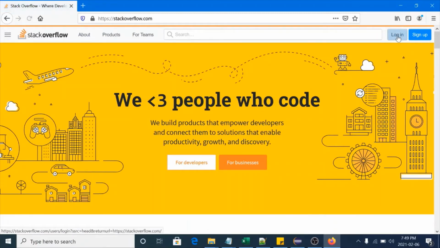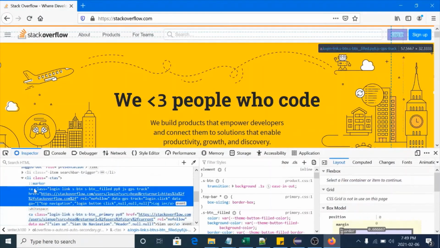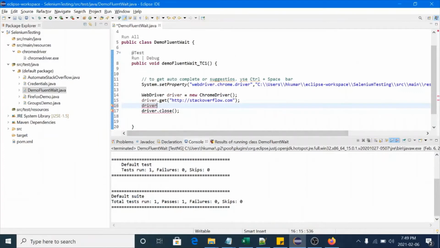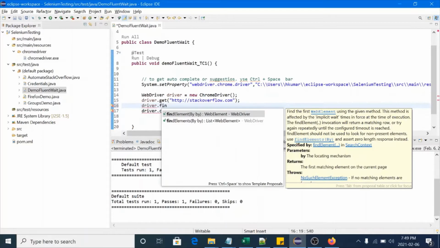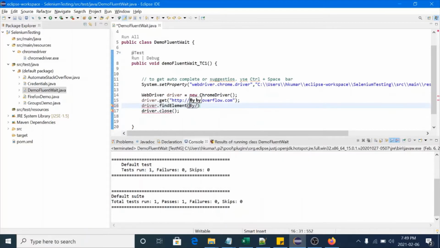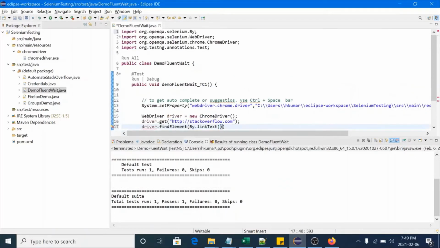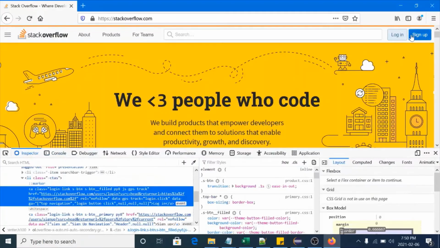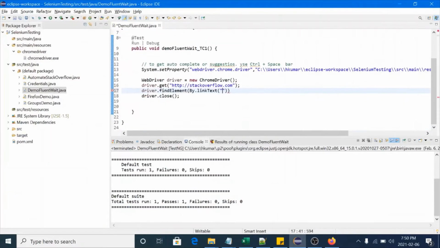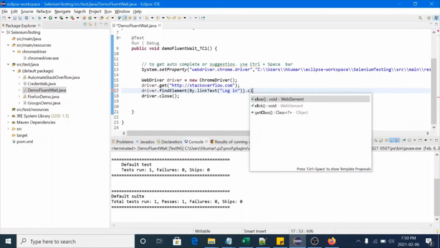Once we launch Stack Overflow, I will click on this element, so let me inspect it. The element is a link, so we can directly use the link text locator. driver.findElement(By.linkText("Log in")), and I have to perform the click operation.